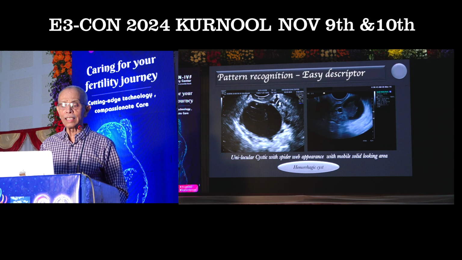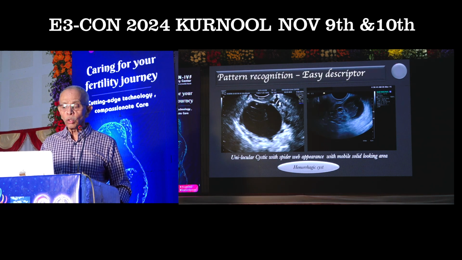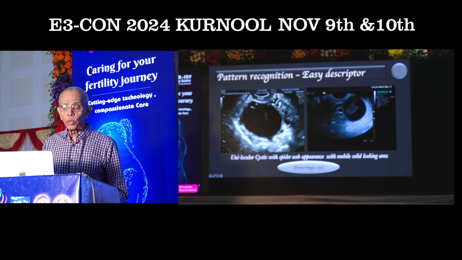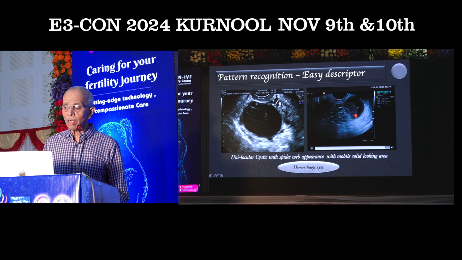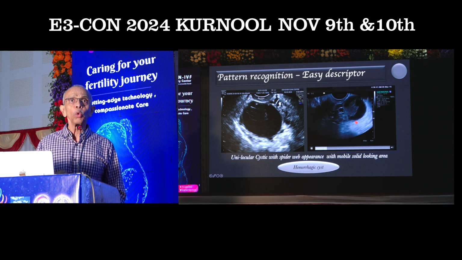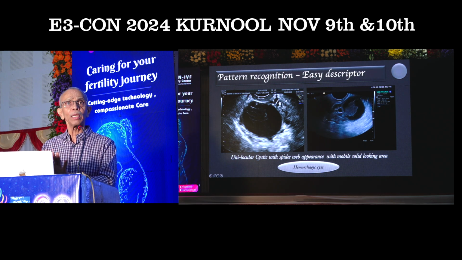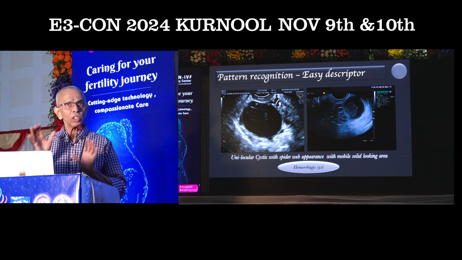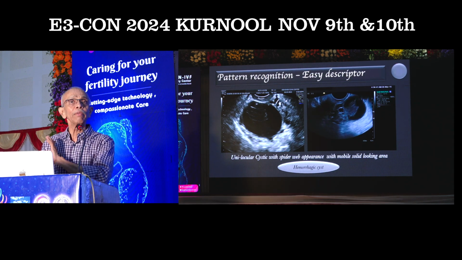This is a classical easy descriptor. Once this imprints in your mind, there is no way that you are going to miss this one. So here we have a well circumscribed unilocular cystic area in a premenopausal woman with what is called the spider web appearance, isn't it? These are all thin septations which are seen. Now I am using the same transvaginal transducer. I am trying to push the solid looking lesion, which is wobbling with my pushing. So this is a clot. This is a typical appearance of a hemorrhagic cyst. Once you have identified the features suggestive of a hemorrhagic cyst, this is what is called easy descriptors or pattern recognition. This pattern can never be forgotten.